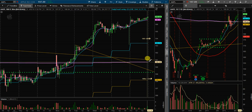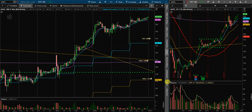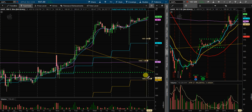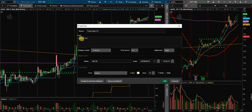The 200 SMA down here, I'd also look for 190 calls. This would be for plus 4 weeks, simply because the 200 SMA should be a stronger level than the 8 EMA. If price action breaks down below there and comes down to touch the 21 EMA, I'm actually going to change this one. It's just going to be 190 calls for 2 weeks in the future,